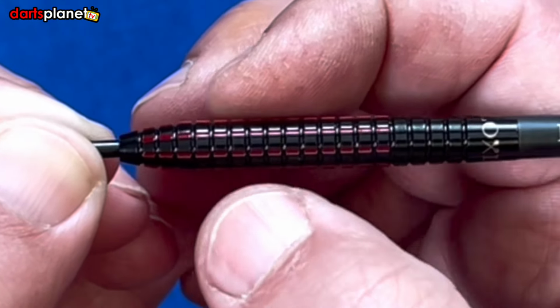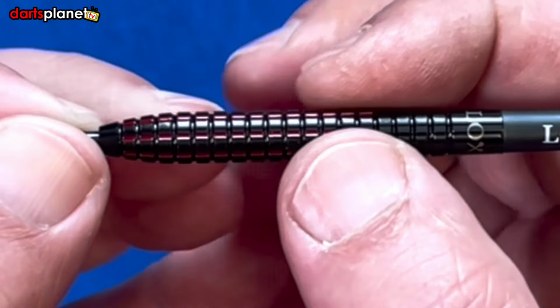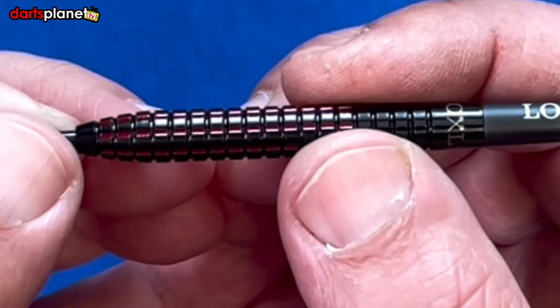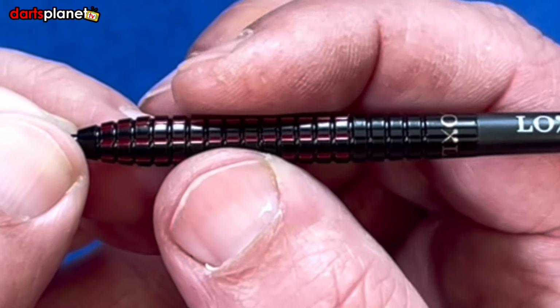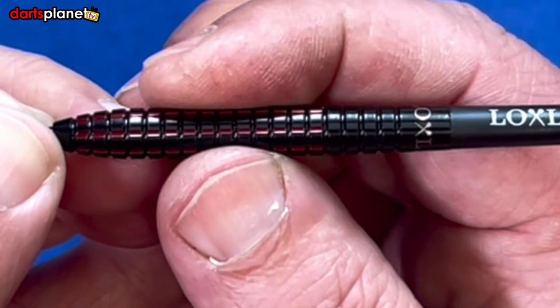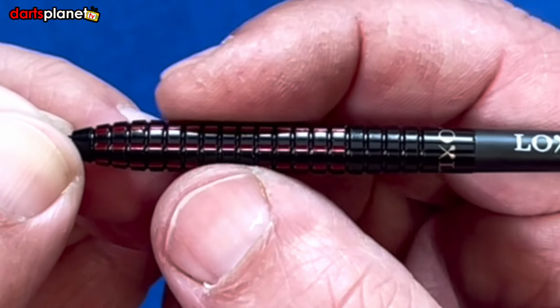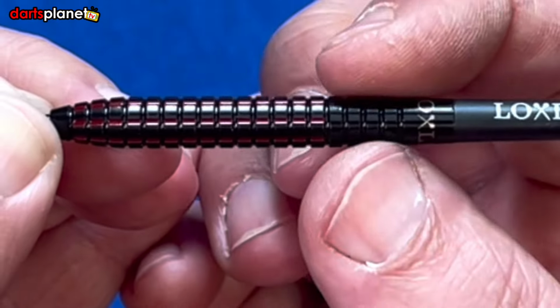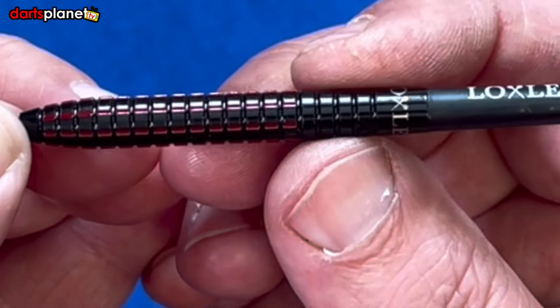My thumb's not catching on any of the edges, so it's not too square cut, thankfully, so it doesn't give an over grippy section. The lateral grooves do add a nice element. I can feel it with my finger there, and I have quite hard fingers, so it doesn't go into small grooves too well. And then on the slightly extra tapered section at the back, you've got the smoother rings without